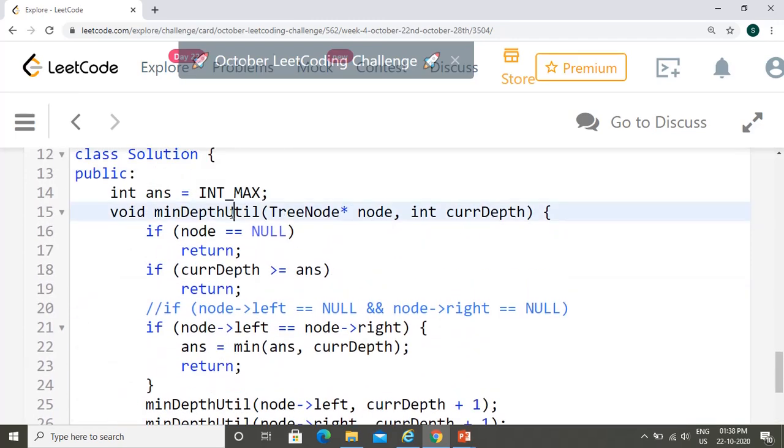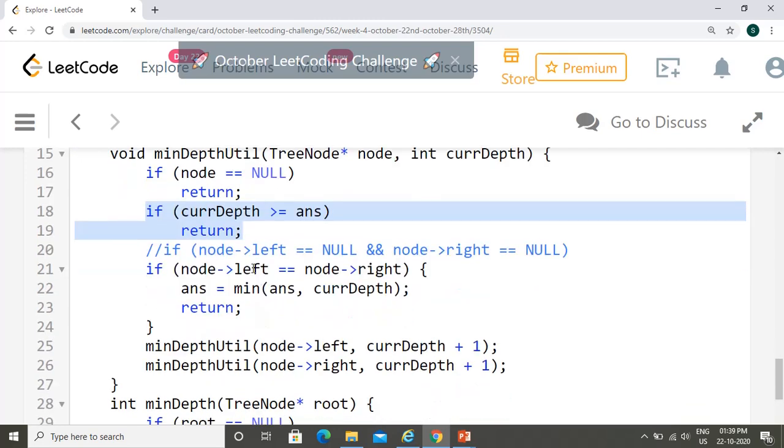So we are going to convert this function to a recursive function. We will be calling the same function again within this function. We have the current node and the current depth. As we discussed, the base condition will be node equal to null. So when node is null, you just return, you don't have to do anything. And the next condition, let's come back to this later.